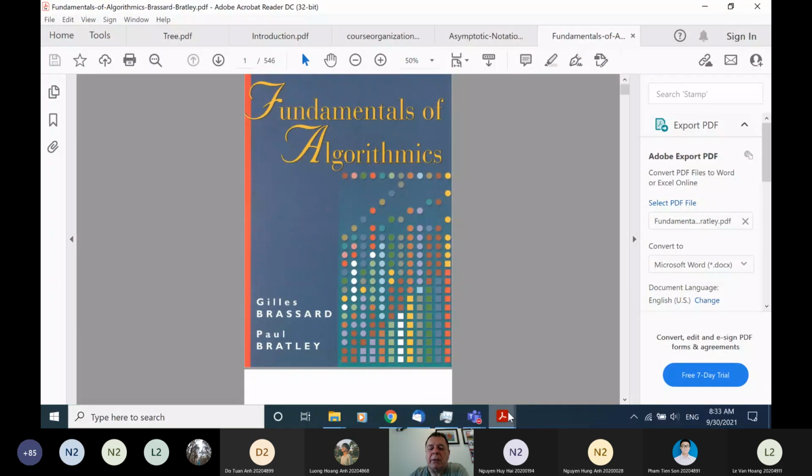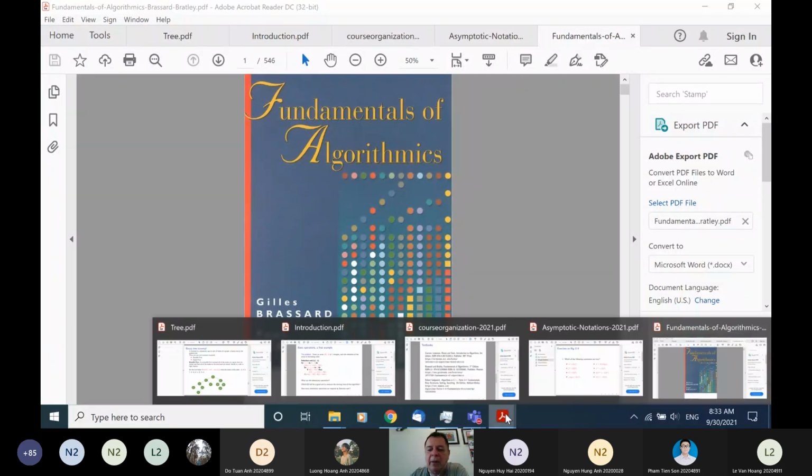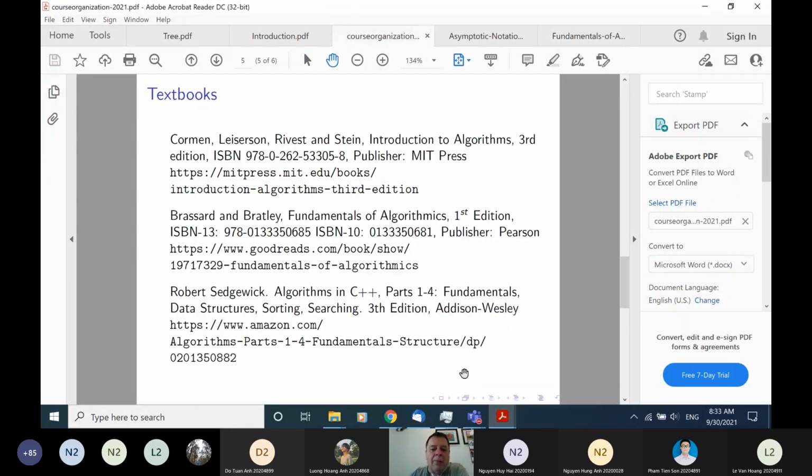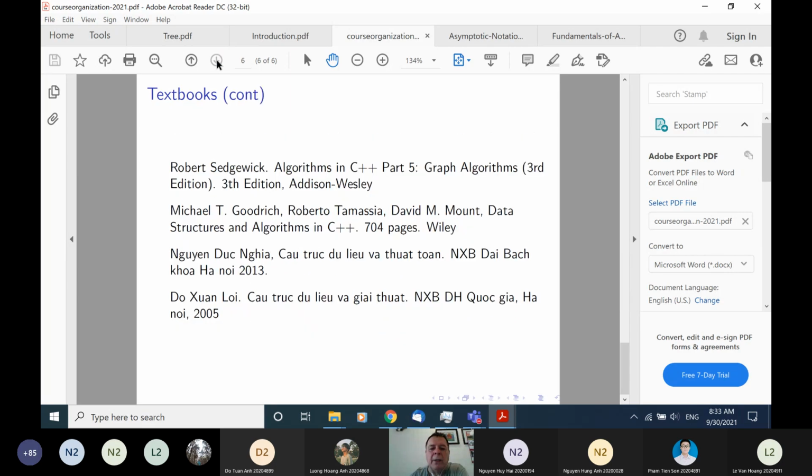I don't think there is anything else that I will be using. There are lots of textbooks, of course. There is this one here, but I'm not planning to use it at all. Other textbooks, and that's it for the course organization of this class. Well, there is one more item